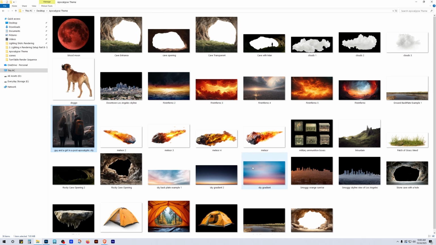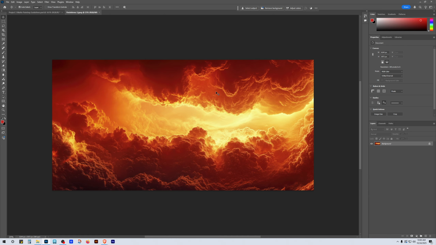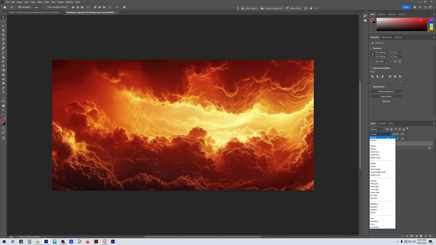Downtown LA, infernos, different infernos. I collect these not to literally use them as a backplate, but also to grab colors from them, because I can just change the blending mode, right? So for example, if I grab this, make a new one, and then immediately just change this,